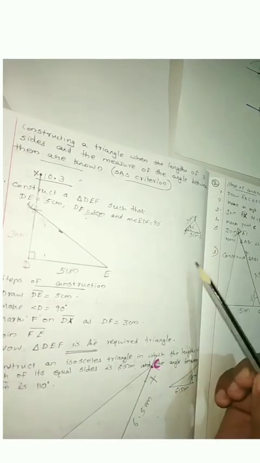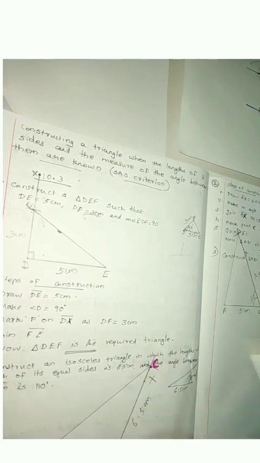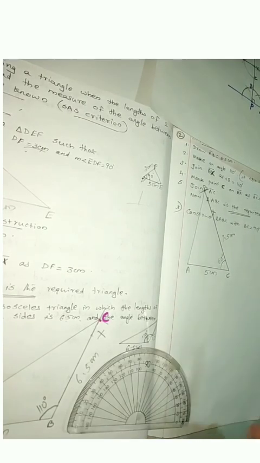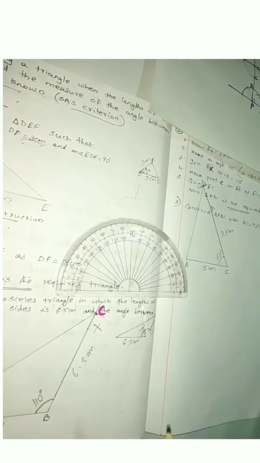We can use the protractor or compass to make this 90 degree as we did in the perpendicular line. Now we can use the protractor or compass for measuring this 60 degree also, and 110 everywhere. But if you are doing this work by using the compass without using the protractor, that will be somehow difficult for you to do. Maybe you will get confused. So I did this work by using this protractor.